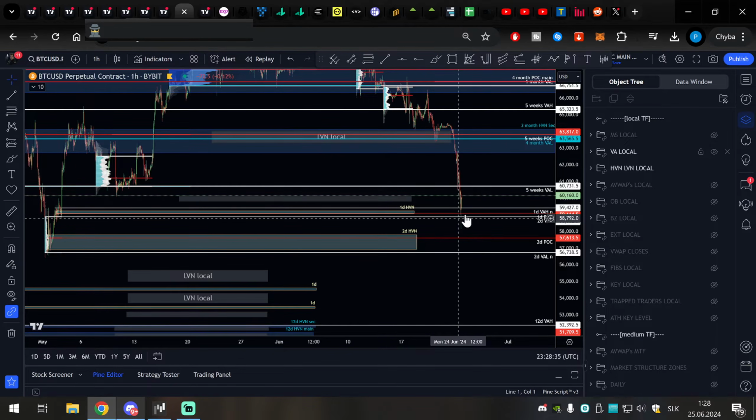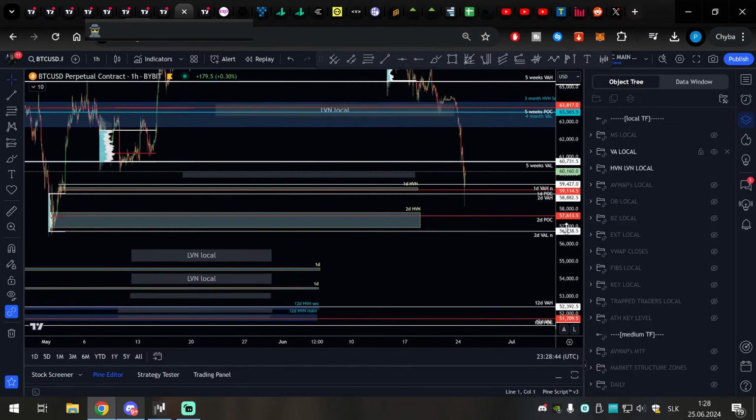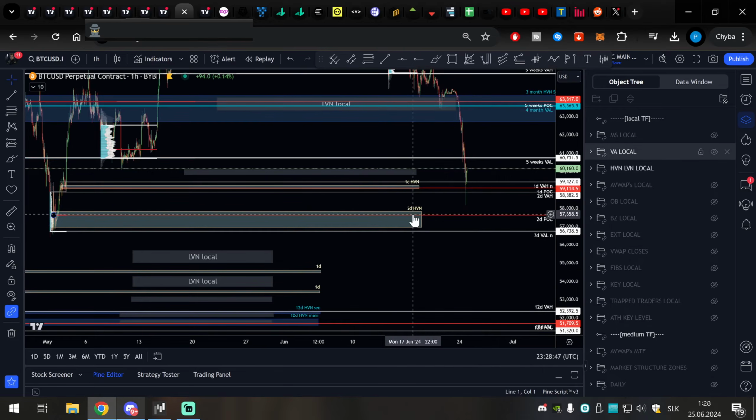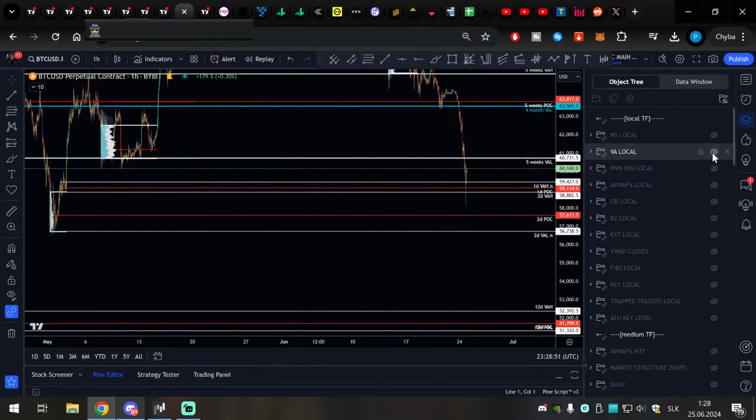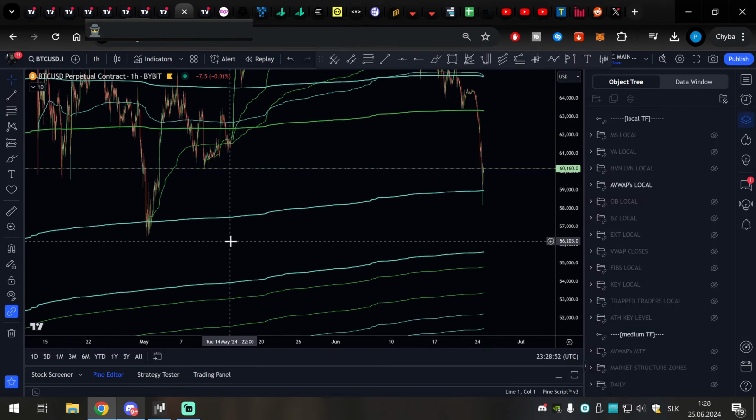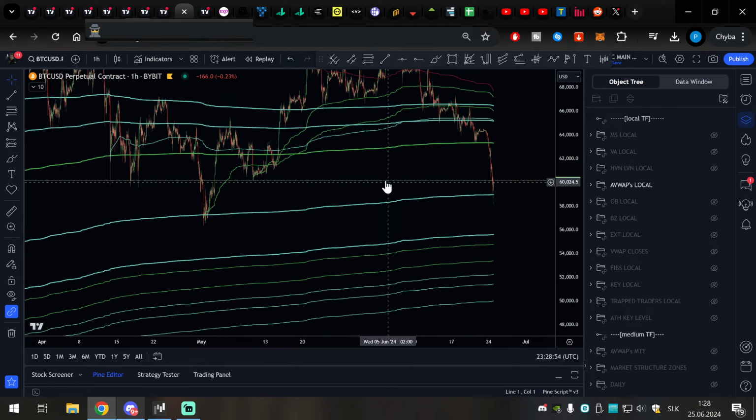Day trade is not just one day, but it can take multiple days. Again, you need the 5x VAL reclaimed for that. Today's high volume node is still waiting, it is naked, so for a future trade, that's all good. Anchor VWAPs. Oh, look at that.